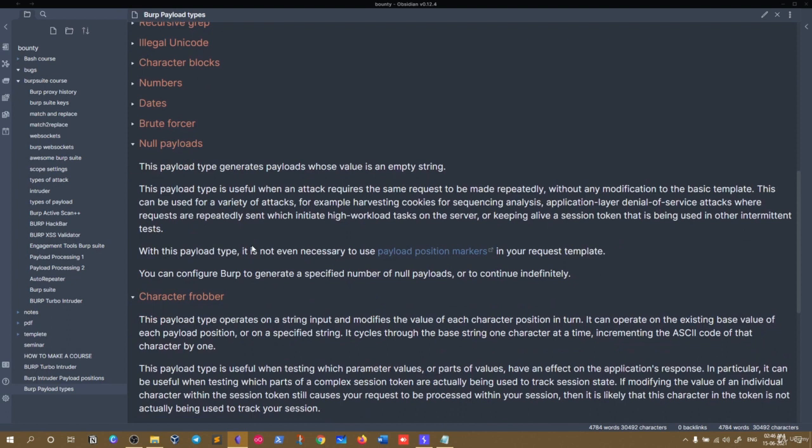This payload type generates payloads whose value is an empty string. Okay, the value is nothing, just an empty string. Okay, the payload type is useful when an attack requires the same request to be made repeatedly without any modification to the basic template. This can be used for a variety of attacks, for example harvesting cookies for sequence analysis,